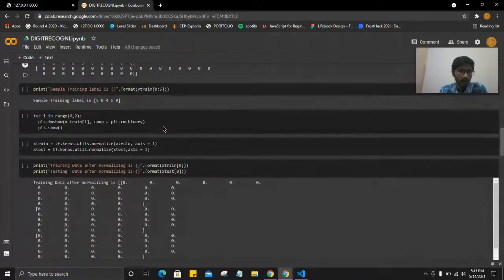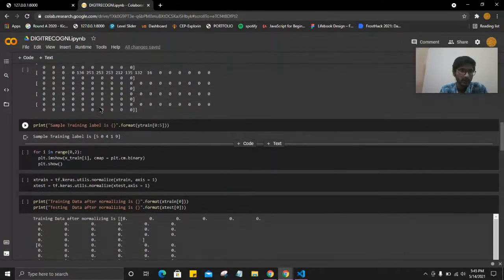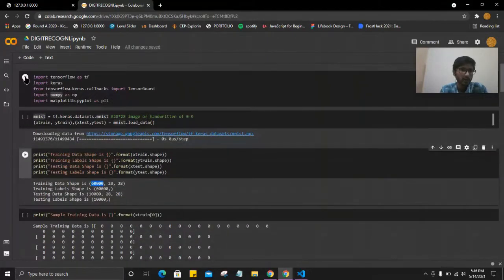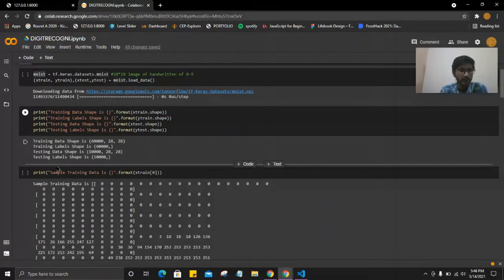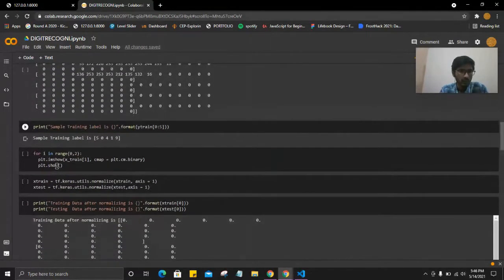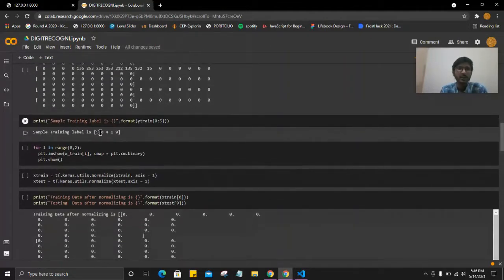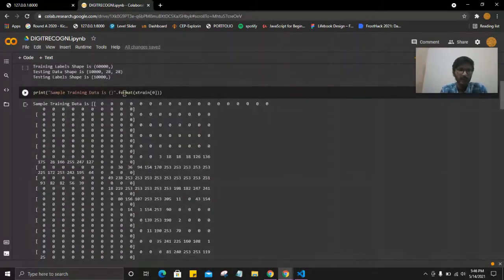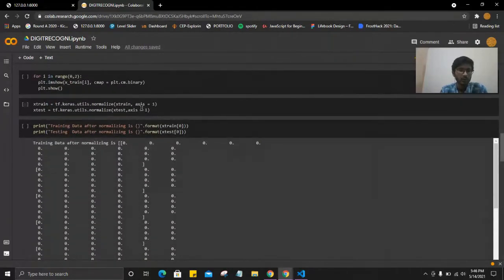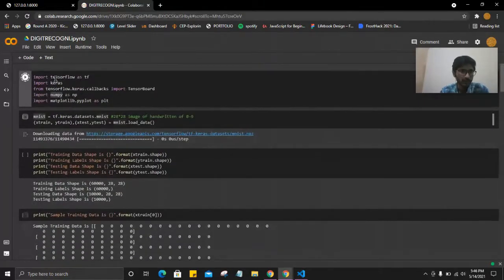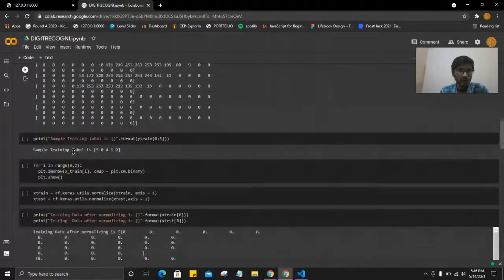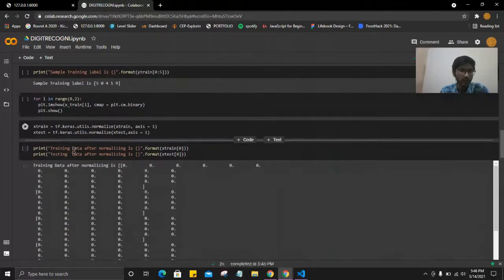Then I can show you the labels. First of all, let me run these cells so that I can show you some of the things. Yes, these are the labels, showing which particular array represents which number. Here in the dataset the first number is 5, and then 0, then 4, then 1, then 9. And I will show you the pictures also, how they are stored in that format.